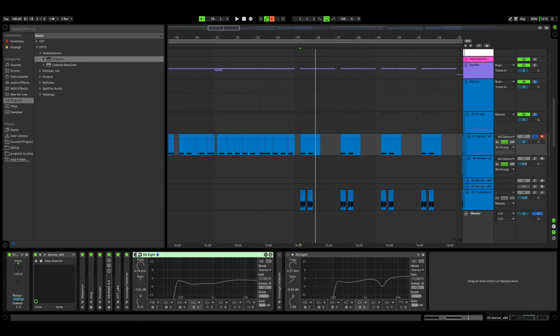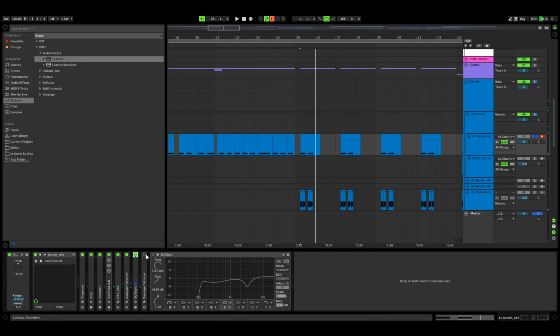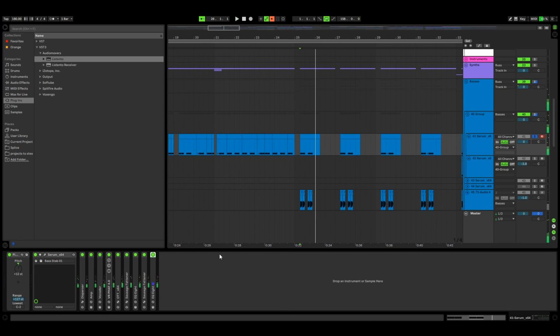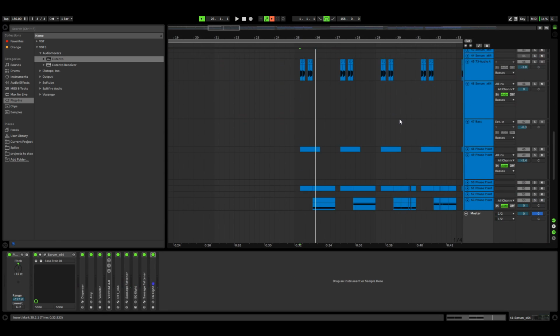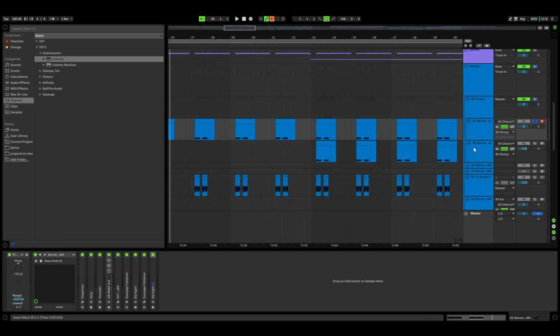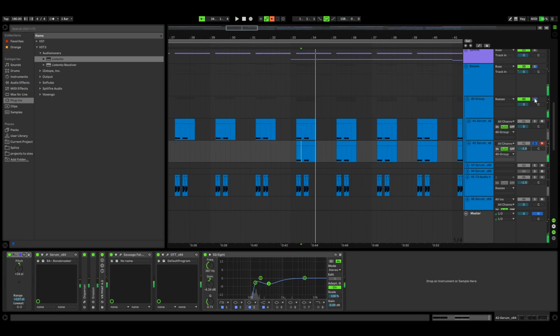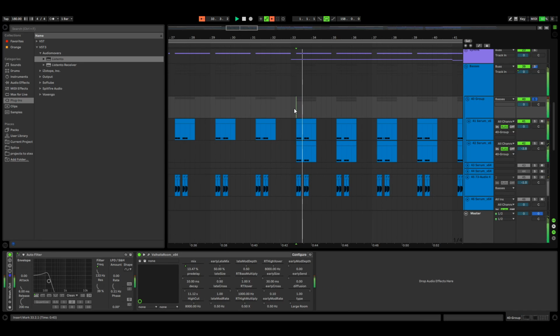An EQ to cut out the low end to make space for the sub. Make sure you do this, and cutting out some of the more muddier stuff. Another sausage fattener. And one more EQ, cutting out a weird frequency. And there you go. There's the main body of the sound. There's still quite a bit more going on here, and in fact, another main body layer is introduced right here with similar processing. Together, that sounds like, yeah.